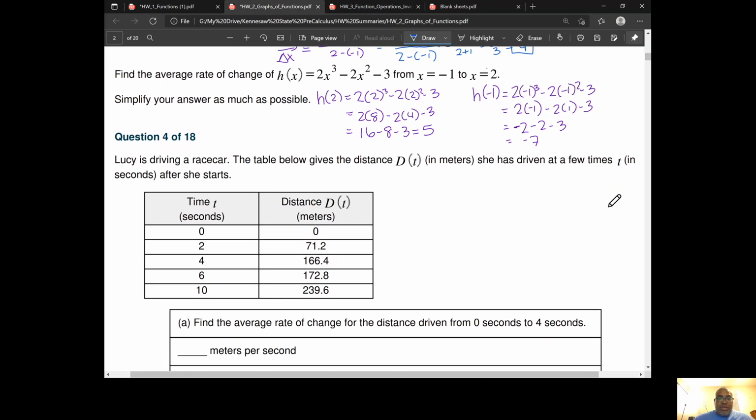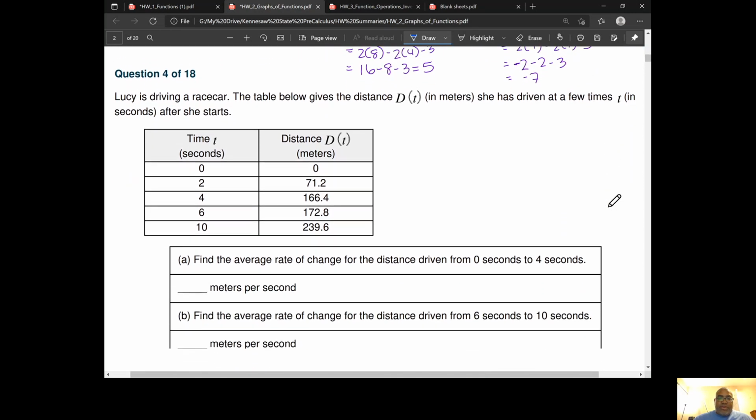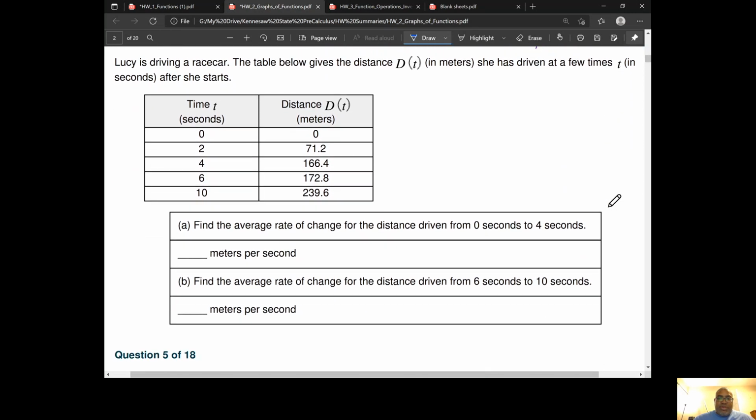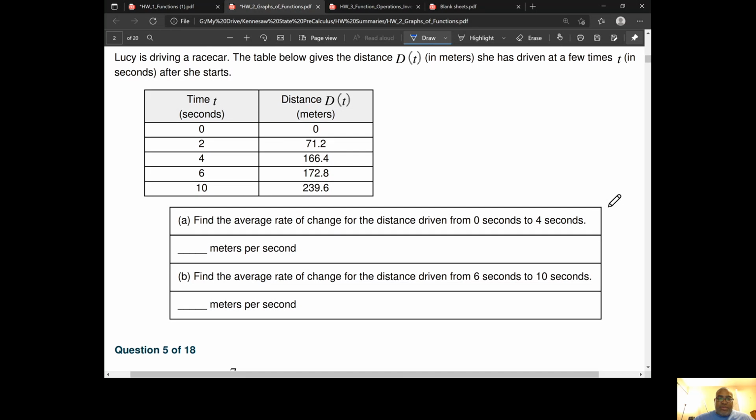Lucy is driving a race car. The table gives the distance she has driven at a few times after she starts. Find the average rate of change of the distance from 0 seconds to 4 seconds. Okay, so that is